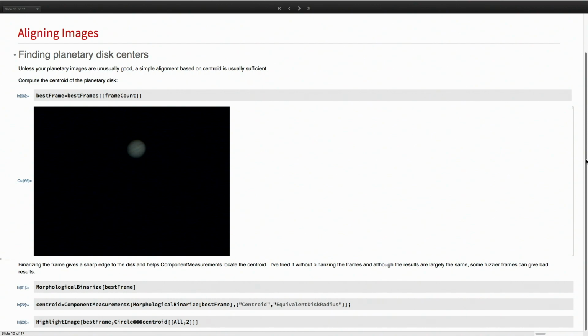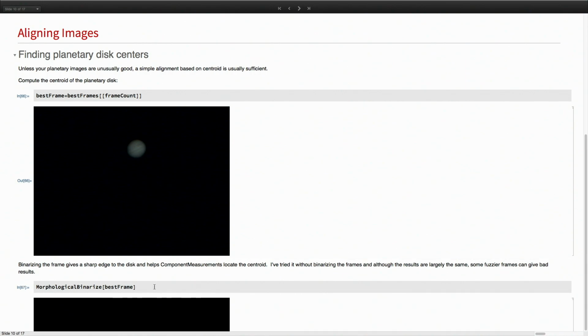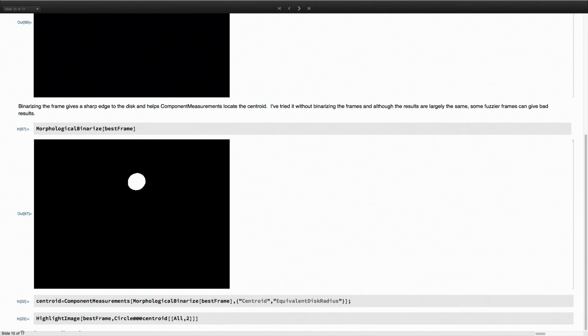normally I could use the image processing alignment functions built into Mathematica, but those key off of features. And you can see we don't really have too many features here. Really, the big feature we have is the planetary disk. So the best thing we can do with data of this quality is to just find the center of the disk. And that's easy to do because we can binarize the image and then do component measurements on it,